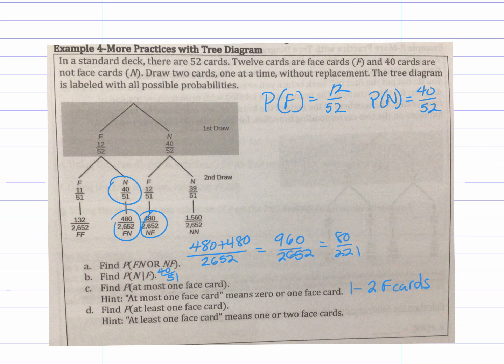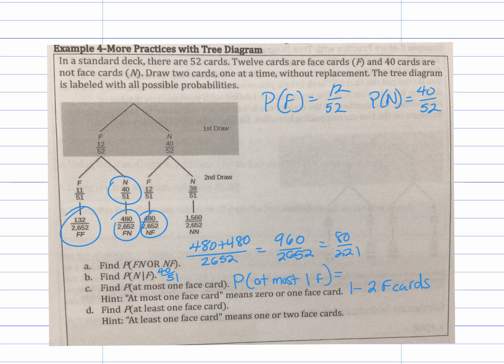So it's the complement to us finding the probability of both being face cards. And so the probability of both being face cards is 132 out of 2,652. So we would just subtract. This would be the probability of at most one face card